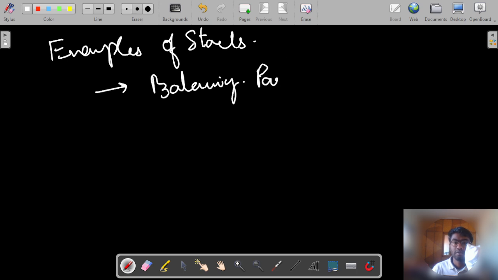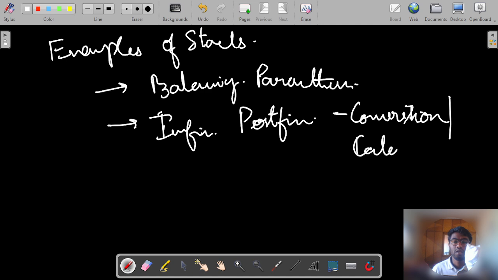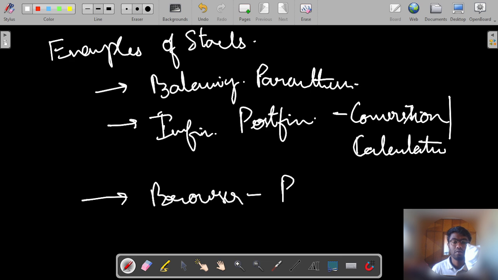Balancing parentheses, problems such as infix and postfix. So infix or postfix, conversion of it, or even calculation. So we are going to be looking at this specific example or calculation, and also browser function calls